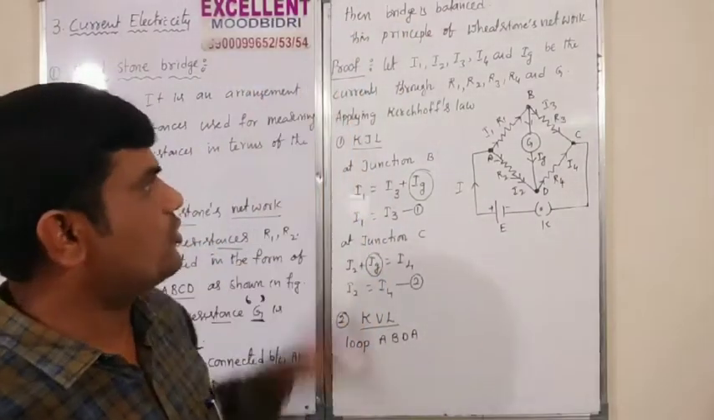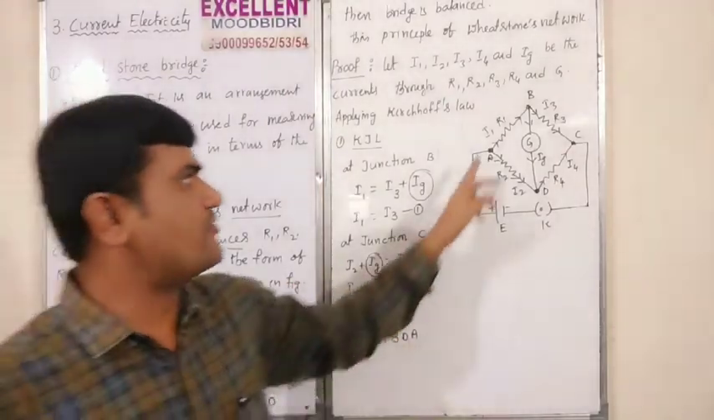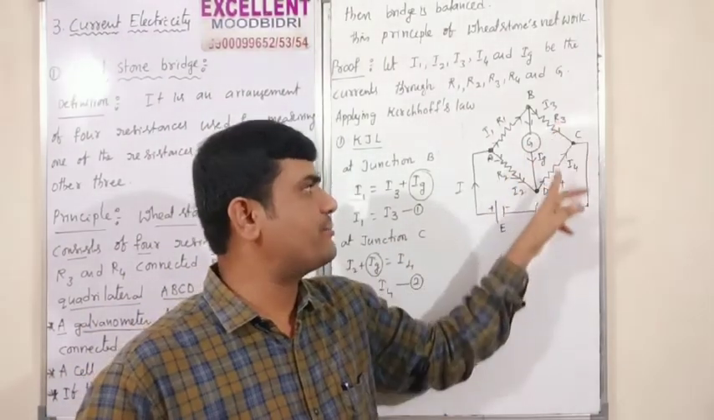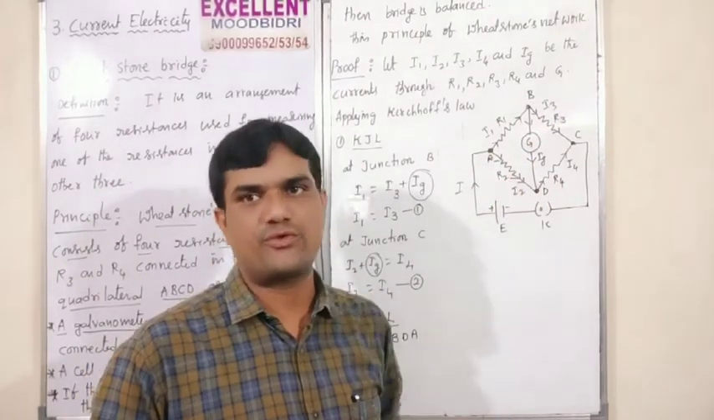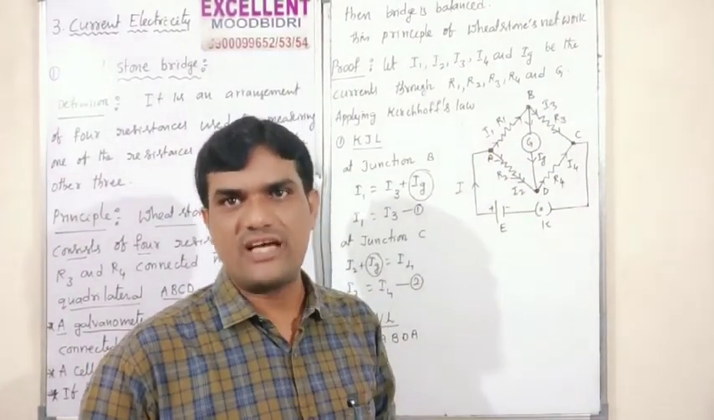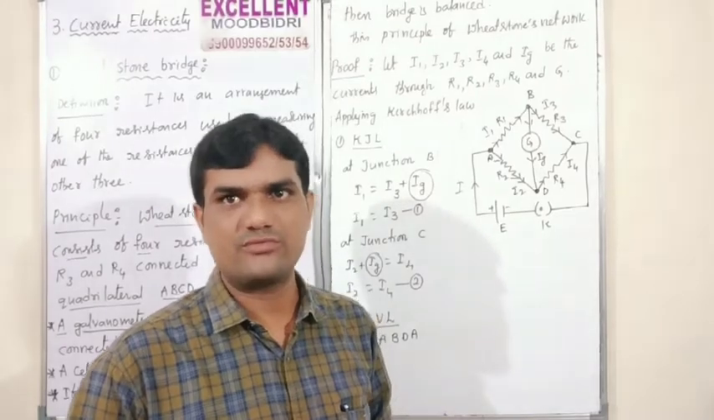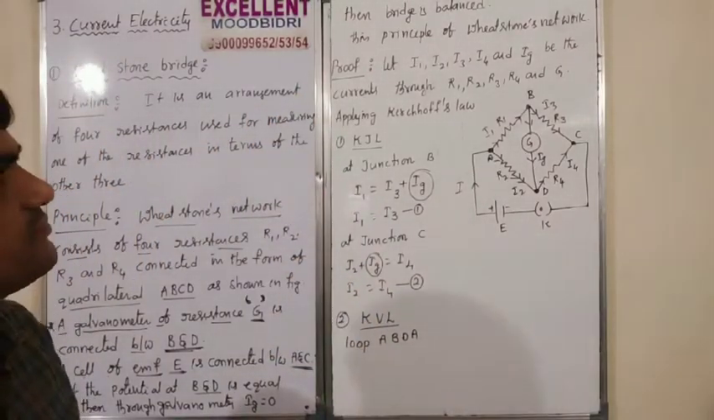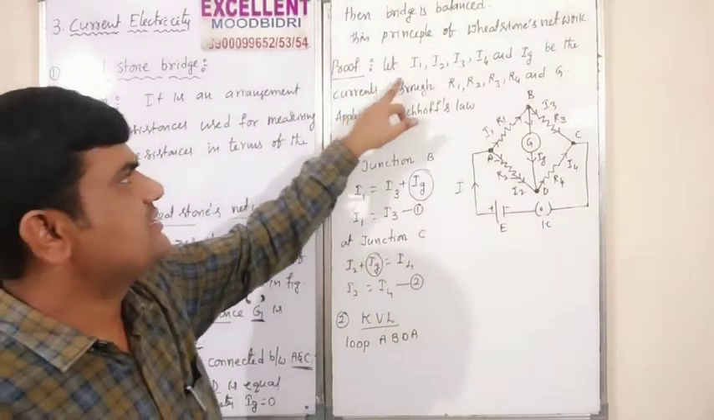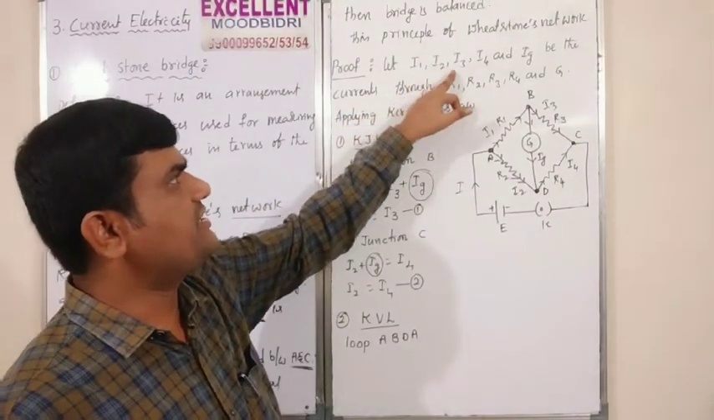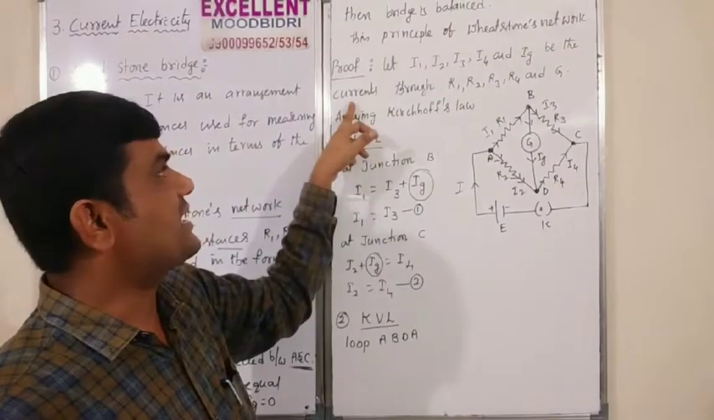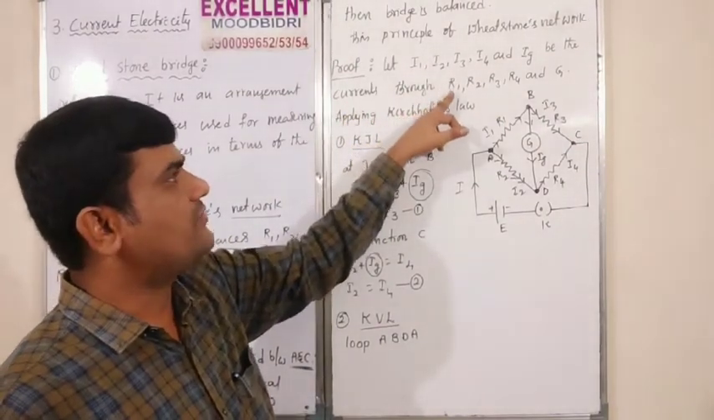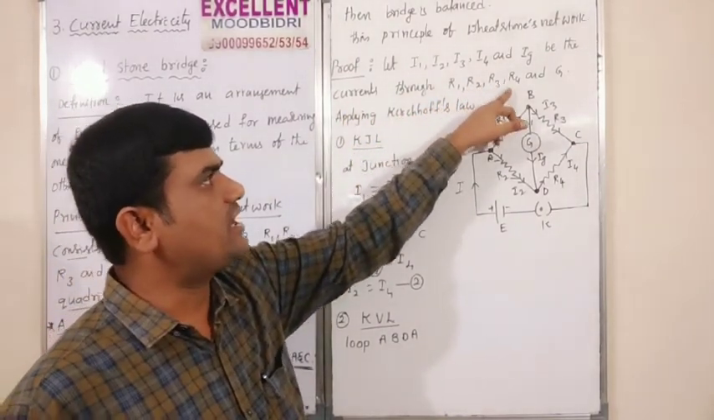Right. So now the question is: show that R1 by R2 is equal to R3 by R4, or R1 by R3 is equal to R2 by R4. That is our question. Now the proof. Let I1, I2, I3, I4 and Ig be the currents through R1, R2, R3, R4 and